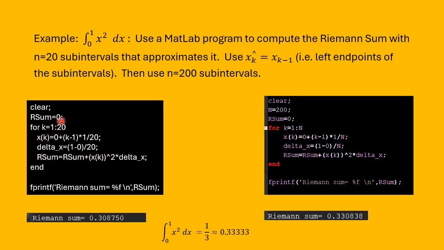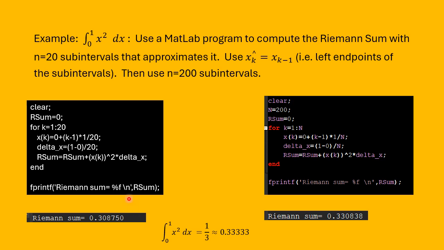So we go through this loop, executing these statements, the body of the loop, 20 times, and each time through the loop we increment our sum by one more term in the Riemann sum. Then, after that loop has finished, we will print what the Riemann sum computed up here was. For n equals 20, it turns out that we get a Riemann sum of 0.308750. Well, that's pretty close to the exact value 1/3 of this integral, but it's not too close, I guess,